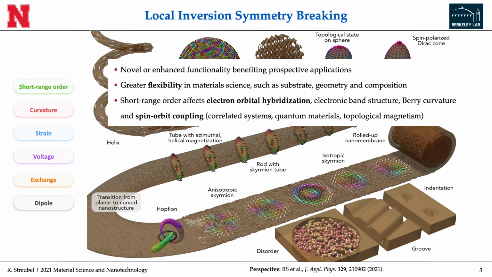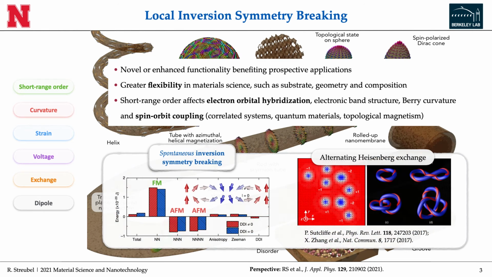And the short-range order affects electron orbital hybridization, band structures, barrier curvature, as well as spin-orbit coupling, which is essential to correlated systems, quantum materials, and topological magnetism. And one aspect which we went further to explore was really to investigate spontaneous inversion symmetry breaking in amorphous materials,